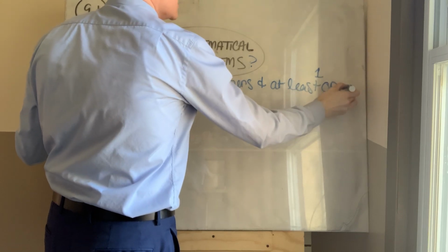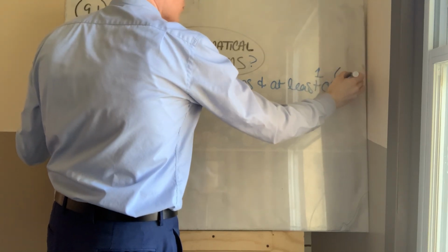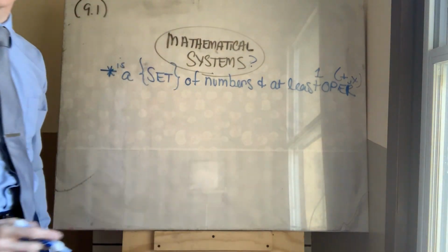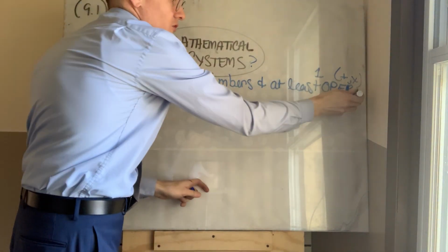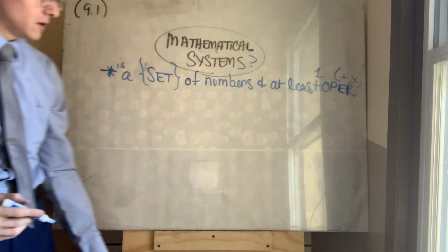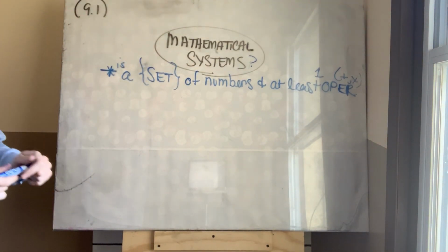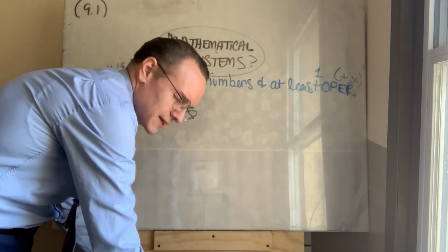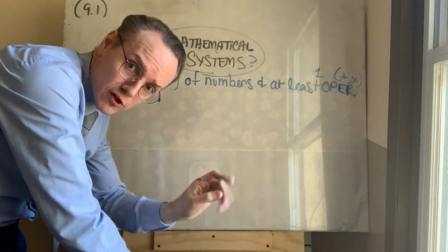The operation that it typically is either adding or multiplying. OPER is just the abbreviation because I ran out of space here for operation. Something that is a slightly stricter criteria,